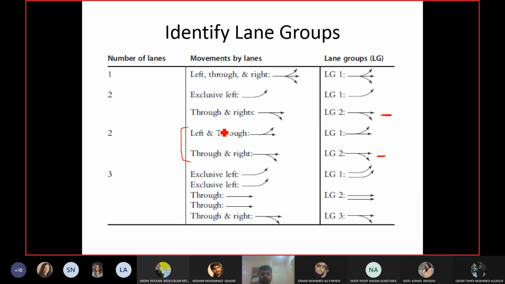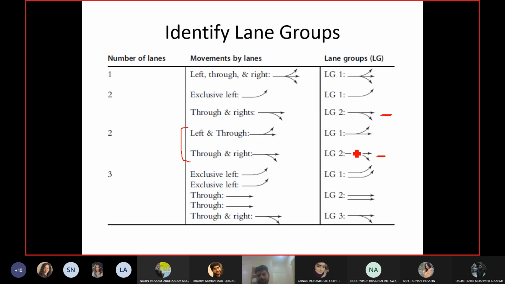So I have one movement group, I have 2 lanes, both these lanes have to be in the same phase because in both these lanes you have the through movement which is the same. So I cannot allow one lane in one phase and the other lane in the other phase because they are having a common movement. So there is one movement group and 2 lane groups. Okay, so if I assign a phase to this movement, the through movement, I will have both the lanes going in the same phase, but both of them have different capacities because they are sharing different movements.